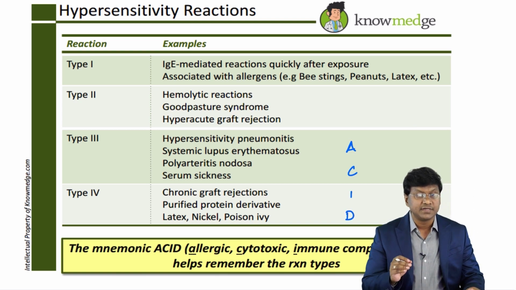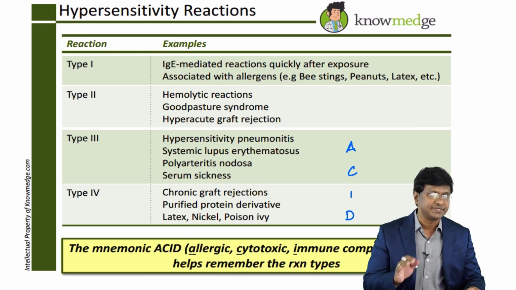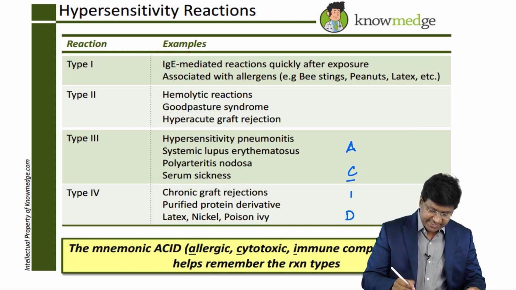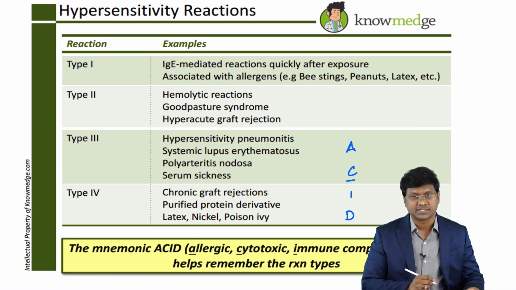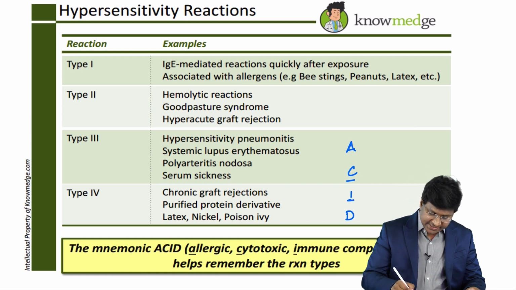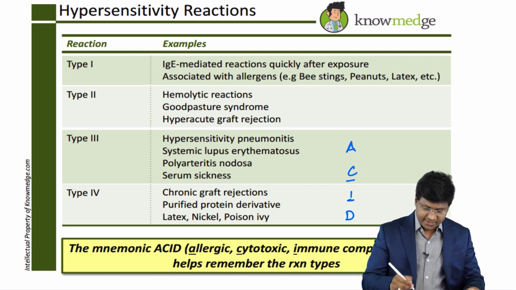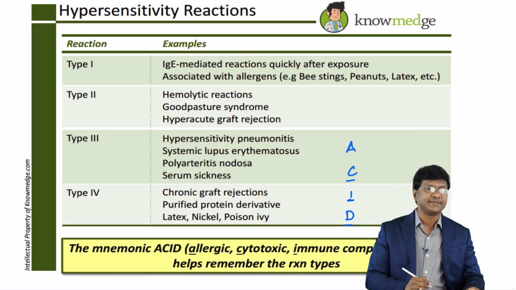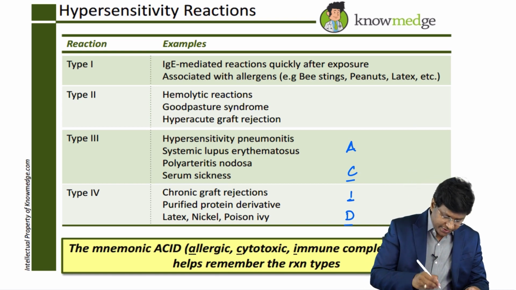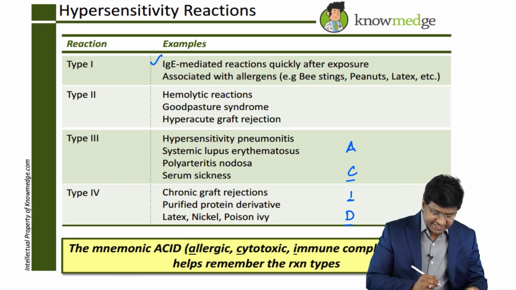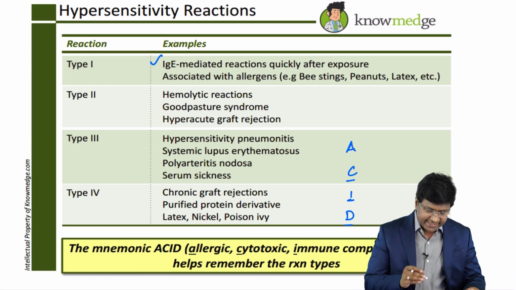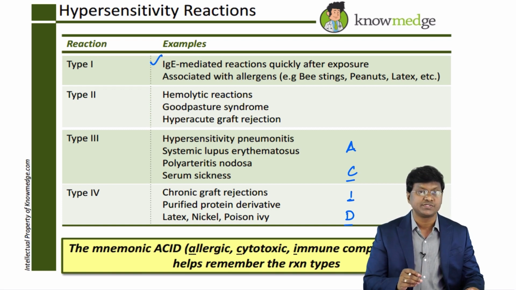A stands for allergic associated hypersensitivity reaction. C is your cytotoxic. I is the immune complex mediated. D is delayed hypersensitivity reaction. So if you take type 1, it is IgE mediated reactions quickly after the exposure, and it is associated with